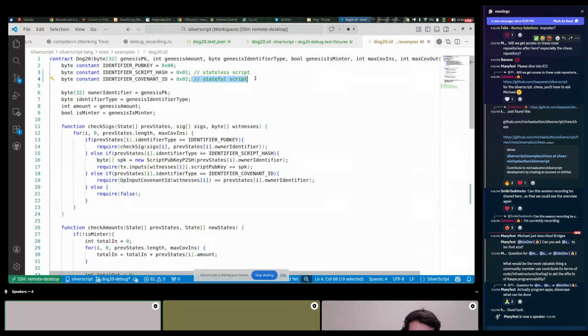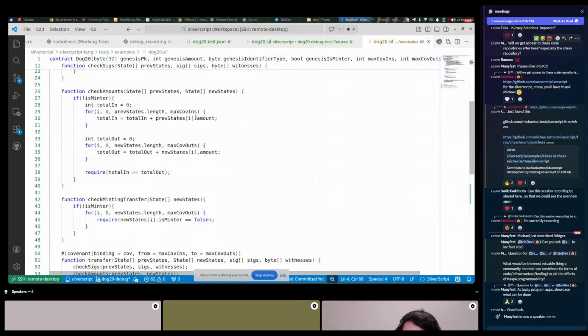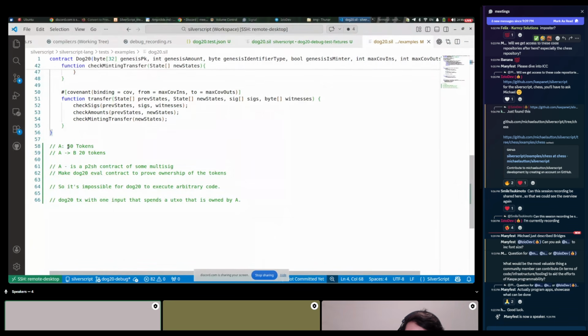So you're saying that the other contract, which is giving the authorization, the other covenant, has to know about this covenant. The DOG20 covenant doesn't need to know the entity and logic behind the other one, but the other one, if it wants to do it correctly, needs to be aware of this covenant. So it's a relation where one of them needs to know about the other. So here, for example, A can be some, I don't know, Igram or Casplex, yeah.